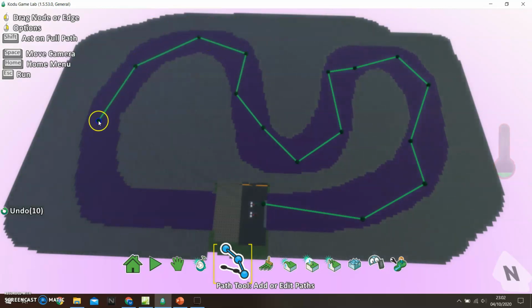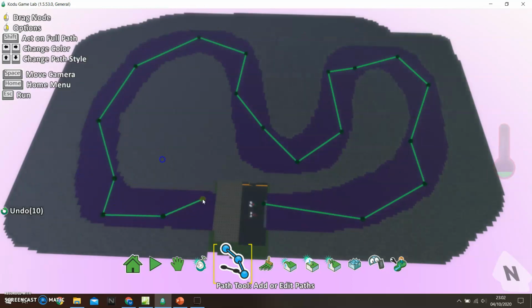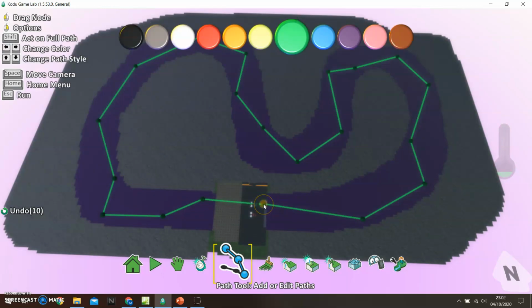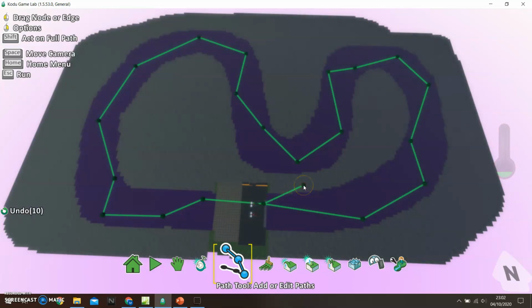Keeping fairly reasonably closely to the track though, and I want to always make a circuit that joins back to the start in case I decide to do multi-lap races. Remember to stop your path, you press the escape key. Okay, if I press escape now,